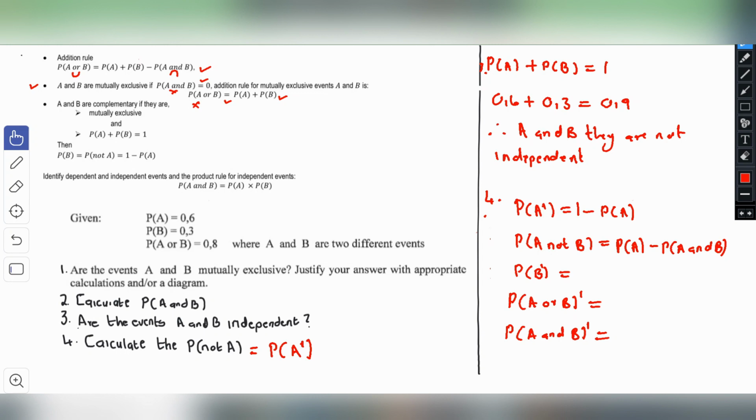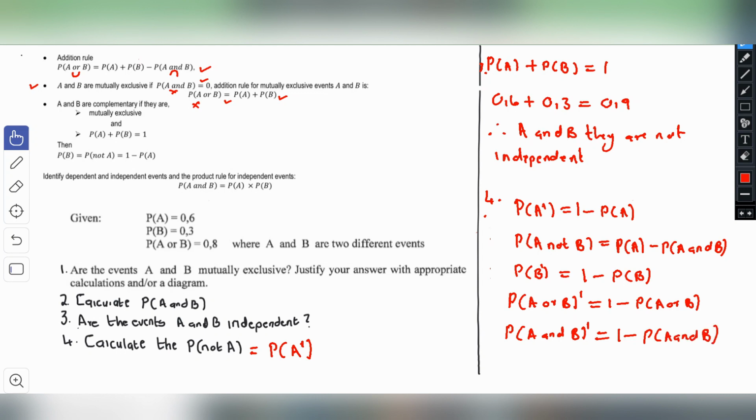And the probability of not B is obviously 1 minus the probability of B. The probability of not A not B is equal to 1 minus the probability of A or B, right? And the probability of not A or not B is the same as the probability of